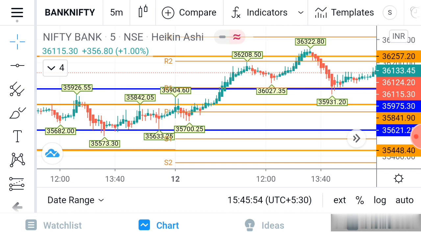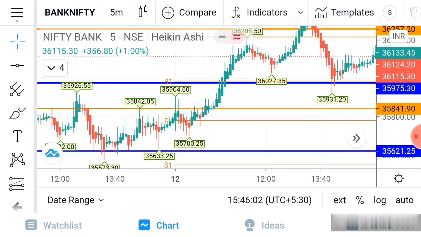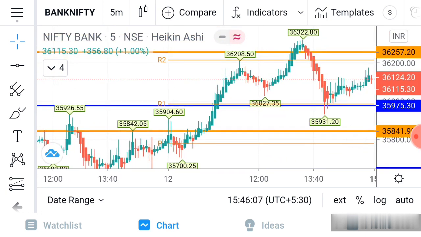Once the market has started only, we have to do this. After 9:15 the market is opened, so automatically we will get the previous day support and resistance. Just put a line, so it will be very easy to understand where the support or resistance is. Then based on that we can take an entry. If there is a previous day support, we have to be very careful, it has to break, then only we can take an entry.